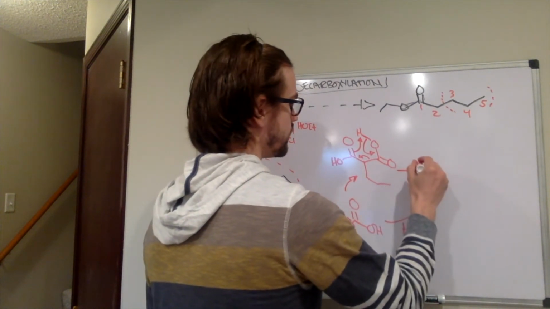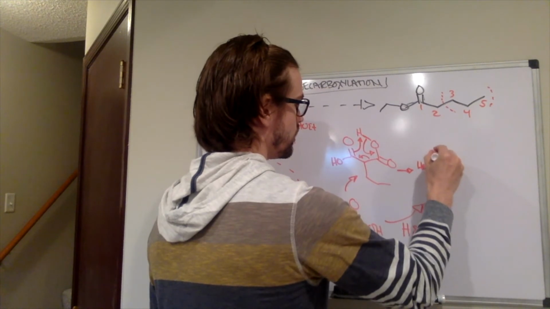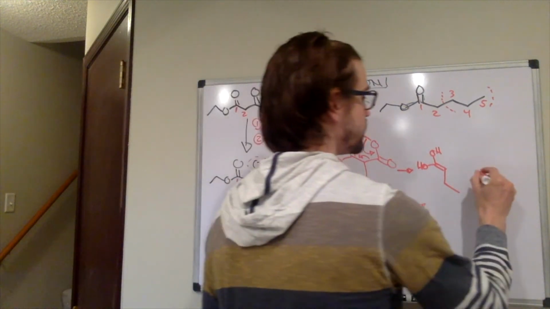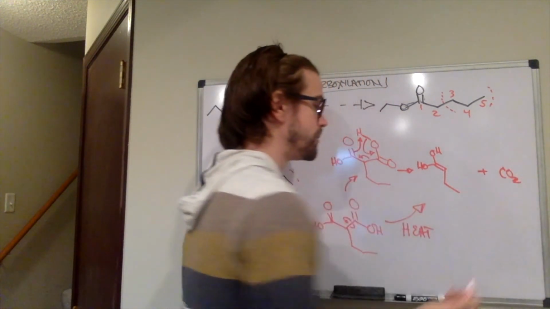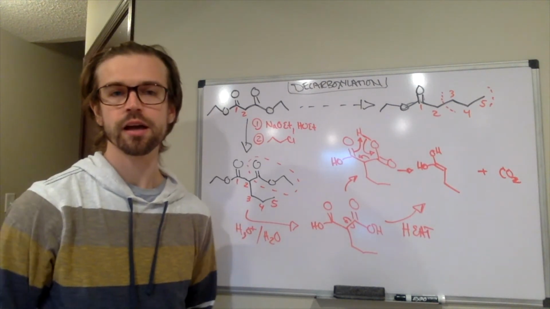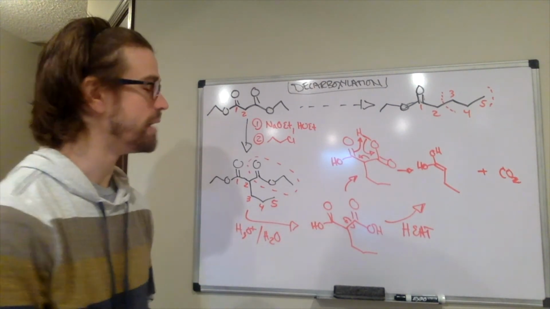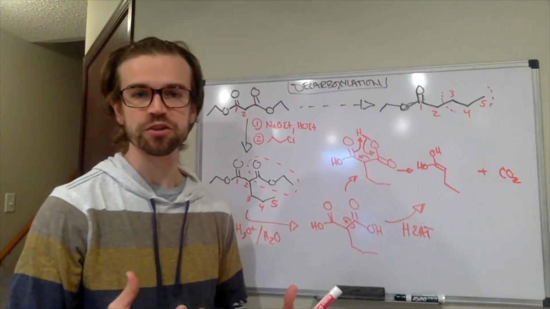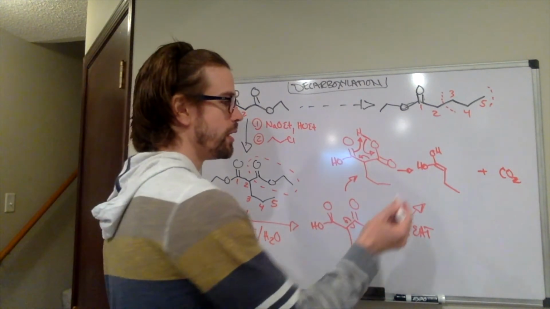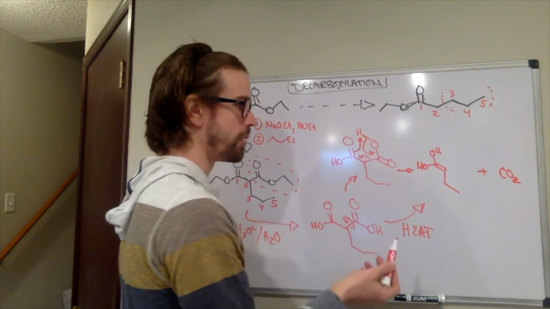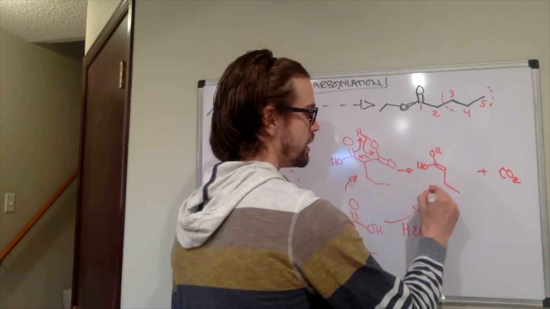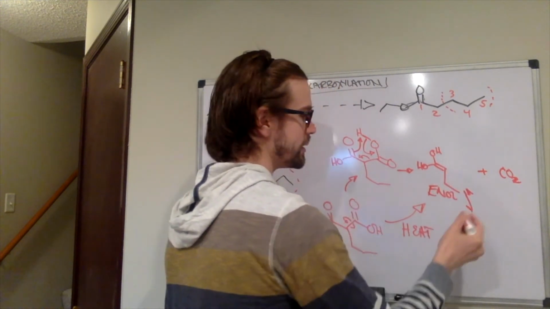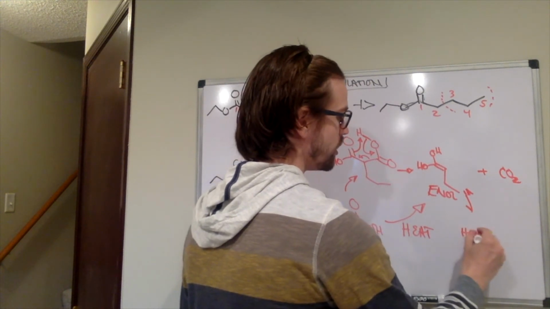That makes that molecule right there plus CO2. So why does the heat help us with this process? The heat helps us because this is entropically favorable. We went from one molecule to two molecules, and we know that heat makes entropy more important. What about this? How does this relate to the final product and to the carboxylic acid? Well, this is just the enol form, which we know is the minor form in this case, that would tautomerize to the keto form,